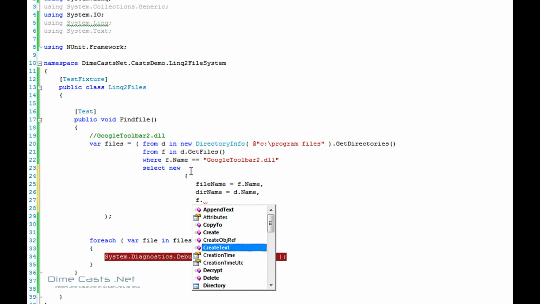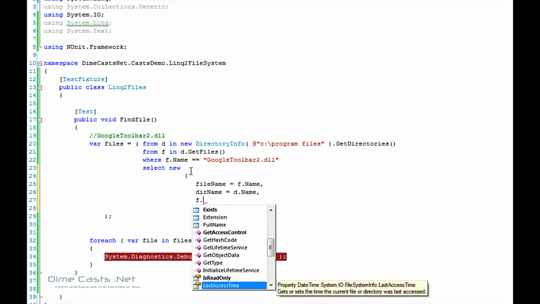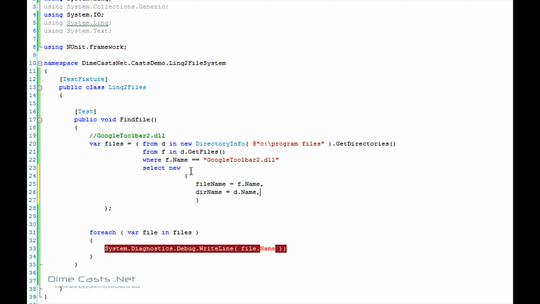So I could do, does it exist? Give me the extension. Basically anything that's inside of any of those objects can be returned. So now, if I run this again,